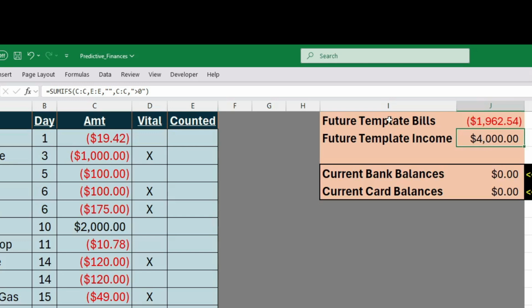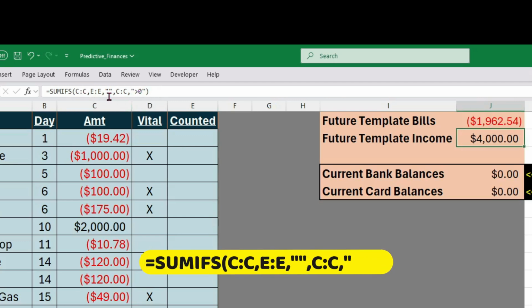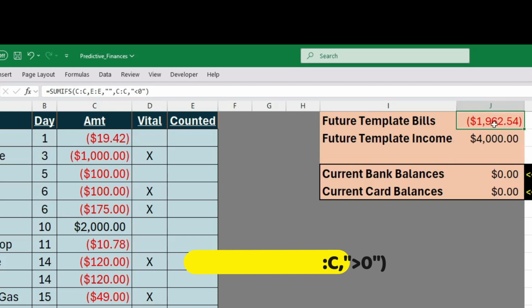And then my future income, look at the formula. It's very similar to this one. You can actually copy this formula, paste it, and then swap your less than to a greater than. So SUMIFS CC, EE, double quote for blank, CC greater than 0. So this is telling me, without any other input, that I have future bills of almost $2,000 and future income